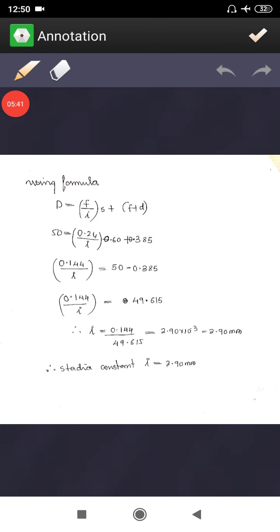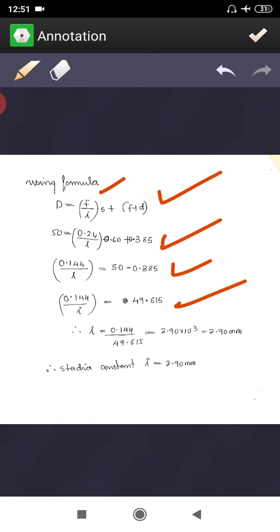F is 0.24 meter, it is not 2.4 meter as I said previously. So 0.24 divided by I into 0.60, plus F plus d, 0.385. So 0.144 by I is going to be 50 minus 0.385, then 0.144 divided by I is going to be